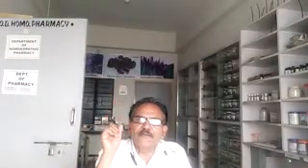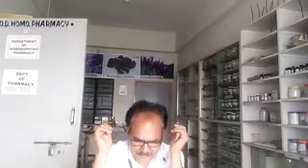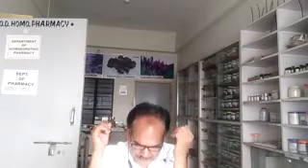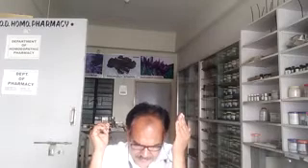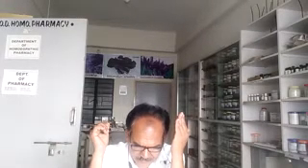Now the internal ear, a review of the internal ear. The internal ear is also called the labyrinth. It lies in the petrous part of the temporal bone, medial to the middle ear cavity. It consists of a bony labyrinth within which there is a membranous labyrinth. The membranous labyrinth is filled with a fluid called endolymph. It is separated from the bony labyrinth by another fluid called perilymph.